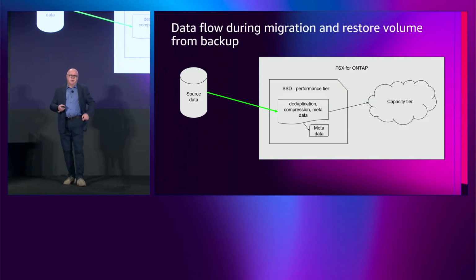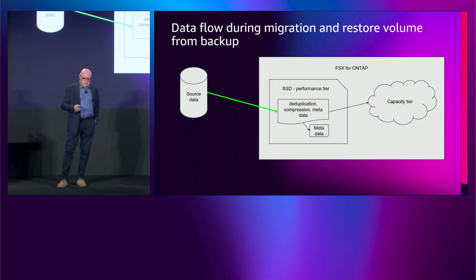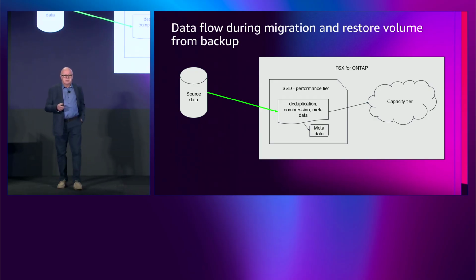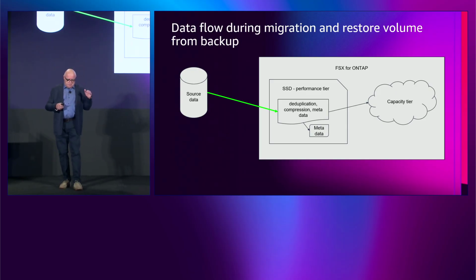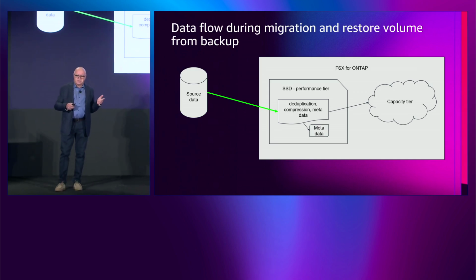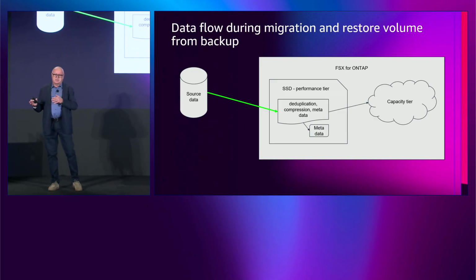But what is very important, during the migration, is the data flow when we write the data to the FSX. From the source data, we're always writing the data on the first step, first wave, to SSD. And then in SSD, we have the deduplication and compression, and then we can move the data to the capacity tier. So for example, if we have